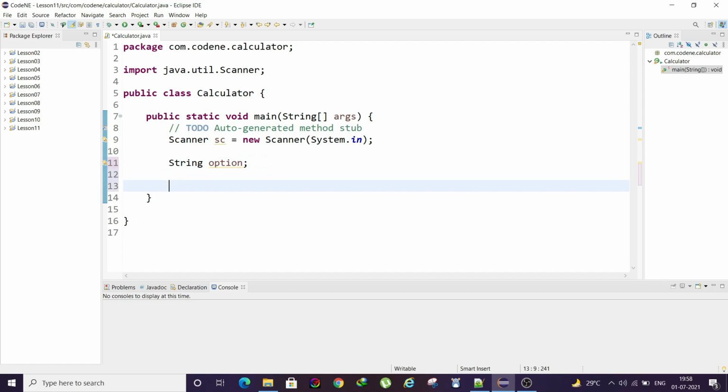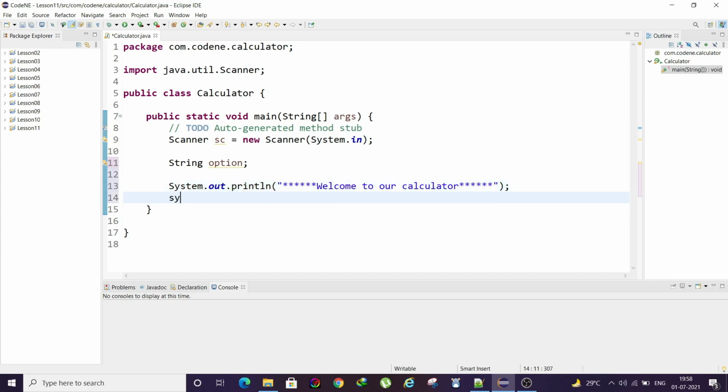And after you declare the string, the option, then we'll just create one simple menu like this. Welcome to our calculator. Just simply we'll use this. Then we'll tell the user how our calculator will work. Okay, please select one option.